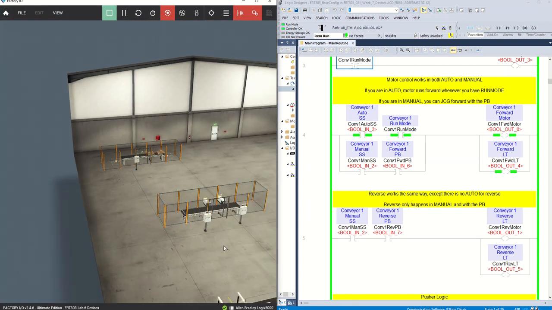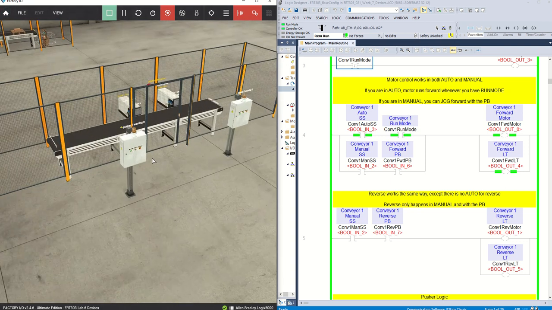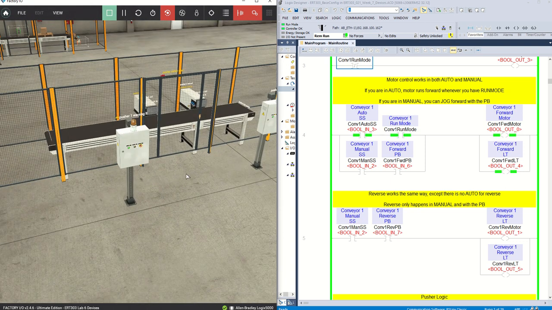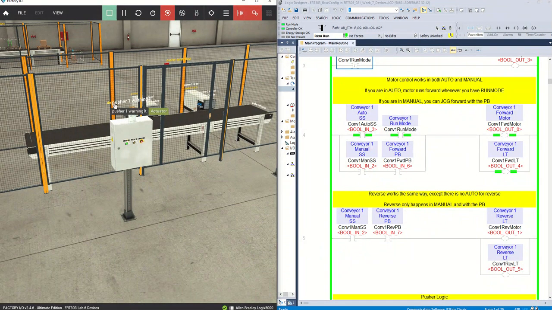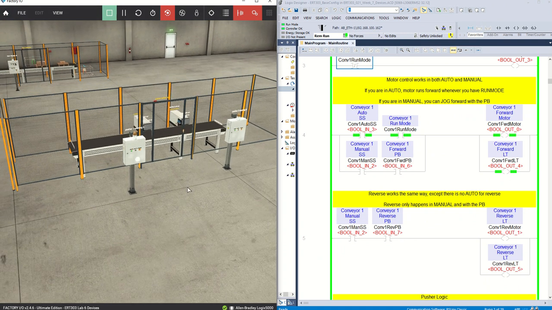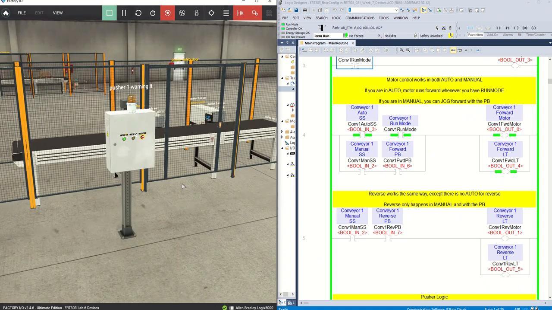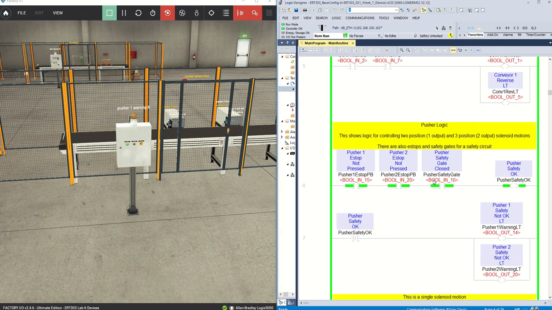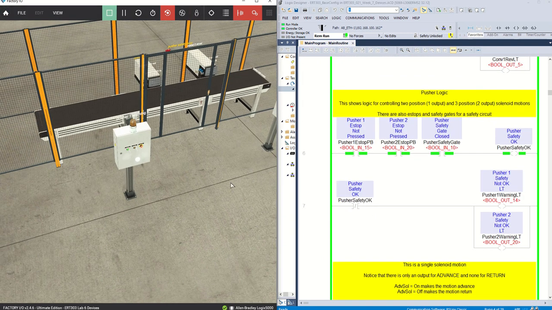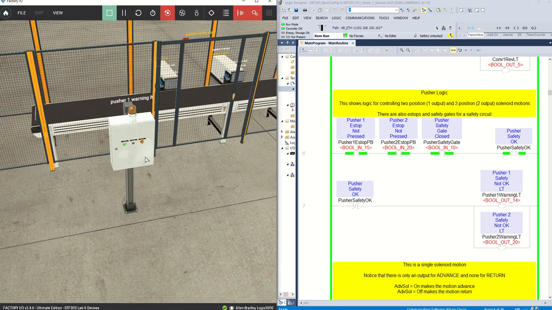Let's look at our next set of machines over here. We have 2 pushers here. And for this one, we have a set of buttons for each pusher. I'm going to go down to the pusher logic here. The one on the left is